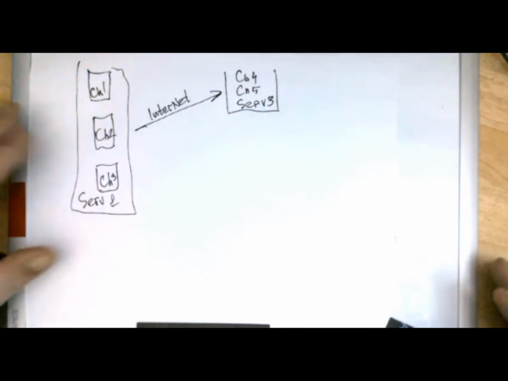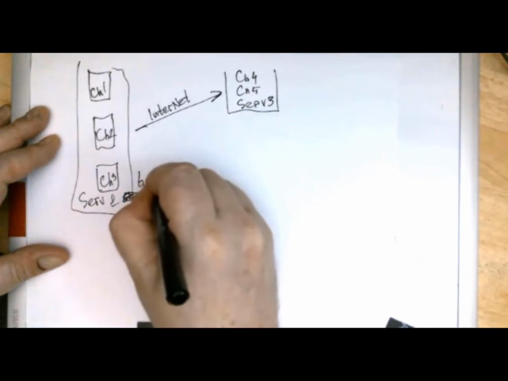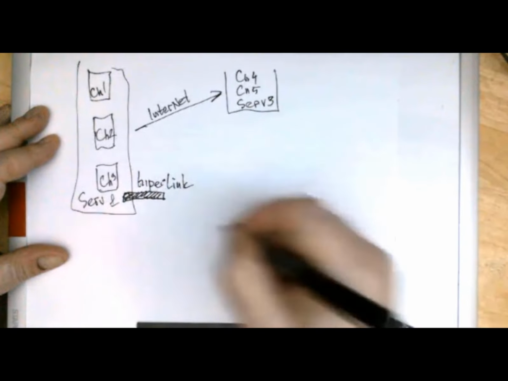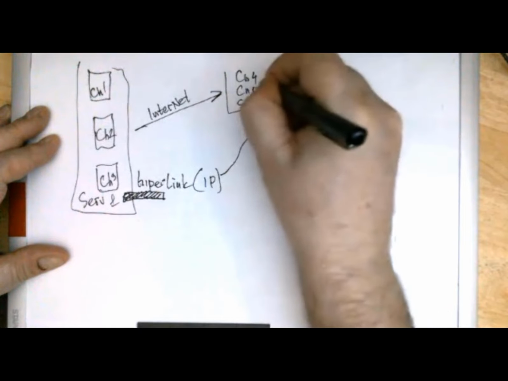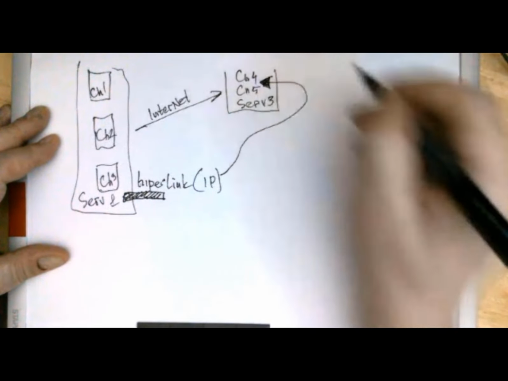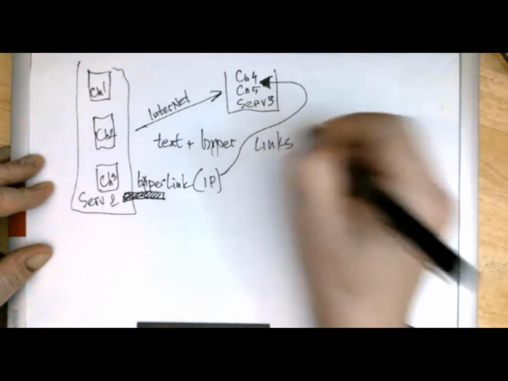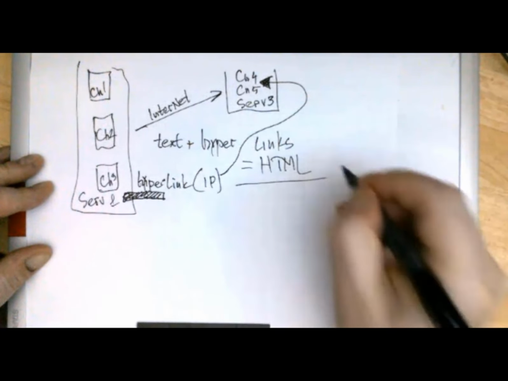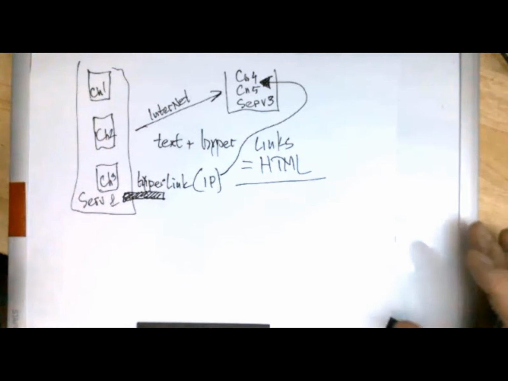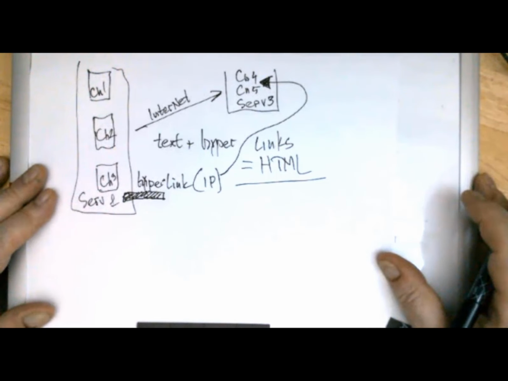And then there are no more chapters. And then you find something named a link, a hyperlink. A hyperlink contains an IP address, which connects you to chapter 4. So the text plus hyperlinks, it is HTML, hypertext markup language. So if somebody asks you what is hypertext markup language, you can answer, this is the language of the web, the language of the World Wide Web.